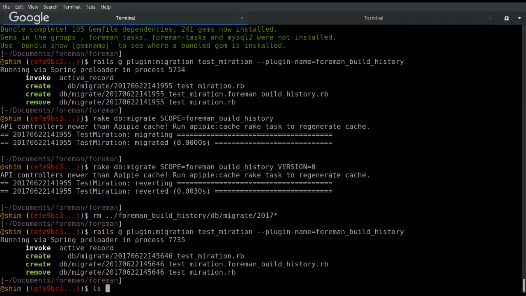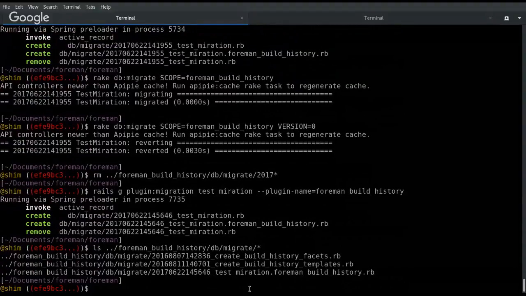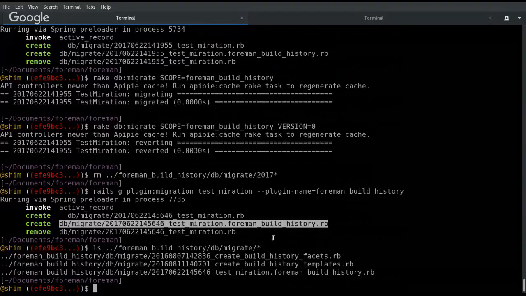So if I go to my Foreman build history DB migrations, I will see the newly created test migration. So why did I need a new generator when you could actually just generate a regular migration and then copy it to the plugin? Why did I bother with a generator? Now, if you look closely at the file name, it is suffixed by the name of my plugin, Foreman build history,